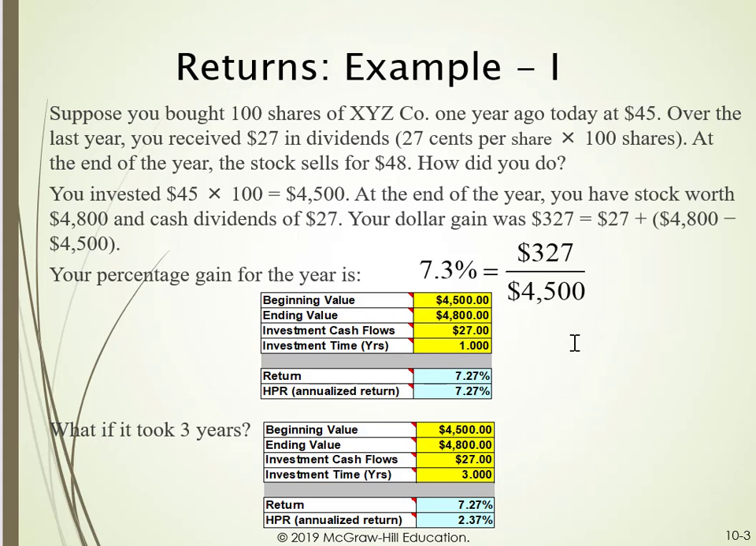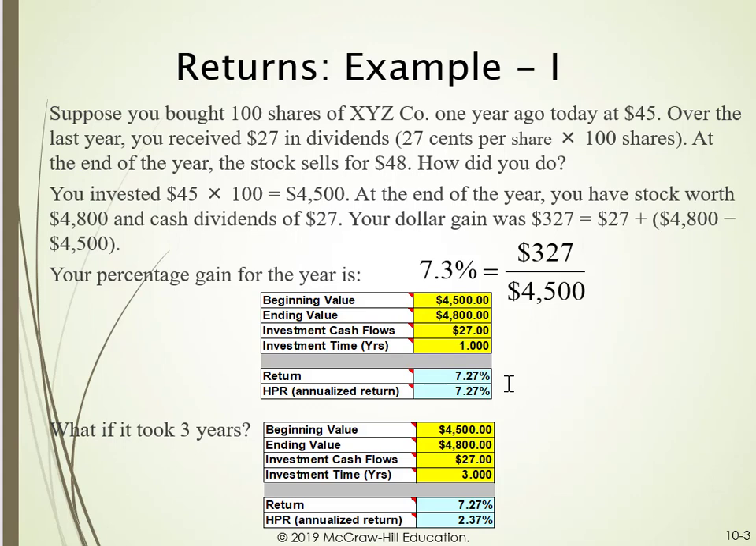So again, if we bought 100 shares, converting those into the 100 shares, you can see that the beginning value was $4,500, ending value $4,800. $27 was what was received in dividends, $27 total, 27 cents per share. And then, of course, this had a 1 year period. So it is a 7.27% rate of return on the investment. Now, this is what's referred to as the holding period return worksheet that's available